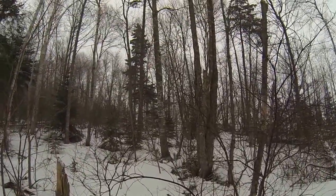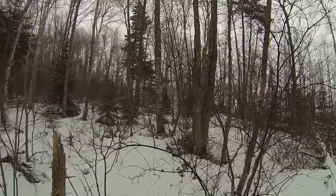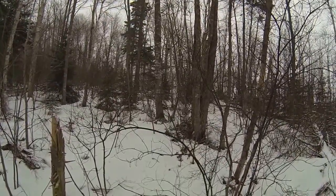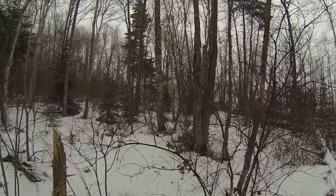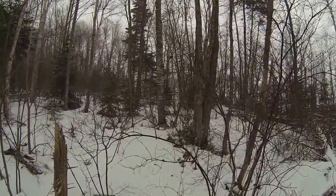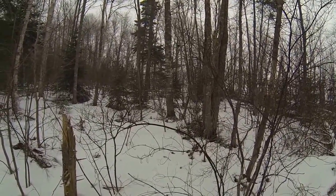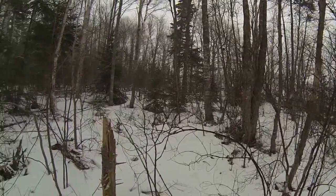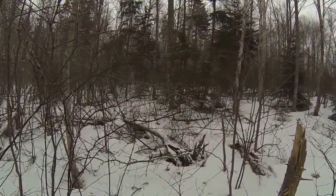It's pretty clean. Might get 4 or 5 chunks of trap material out of that. Instead of blocking that for firewood, if it's clean, might as well turn her into lobster traps. Save a little bit of money. Like I said, I just take it to the guy and pay his labor, instead of having to buy the lumber off him, and he's got to buy it off somebody else,